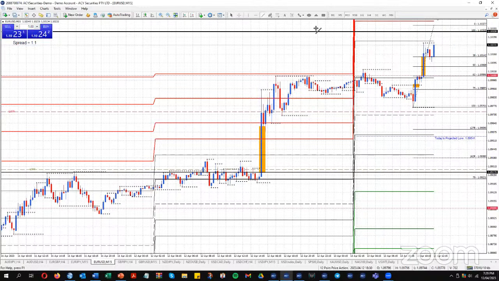So we move up and we test that 110.33 area. I don't know if I want to trade a buy on a pullback from failing at that level, because if it can't move through 110.33 and holds, it could then trade back down to this area. So it's just a very difficult area. But if you're so obsessed about doing something to get long, look for a fib retracement, but be aware of major resistance up here.